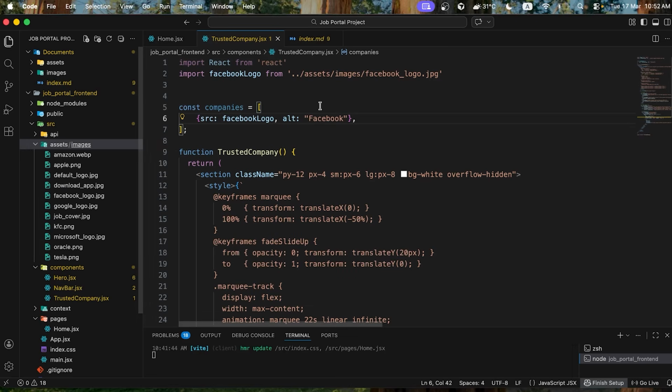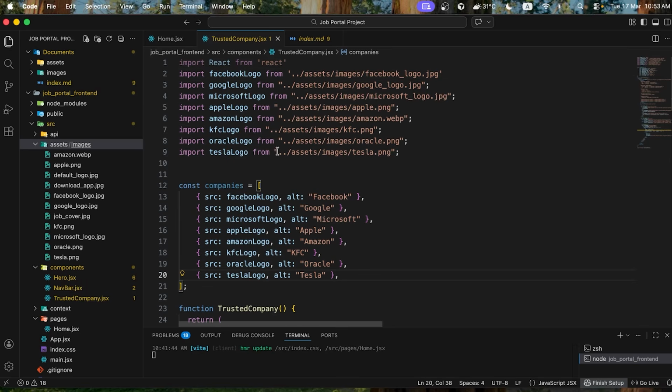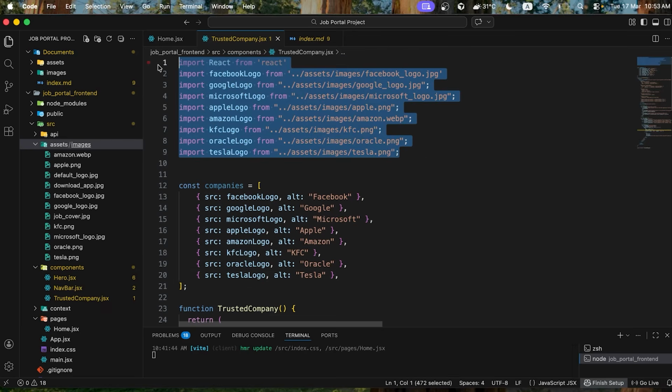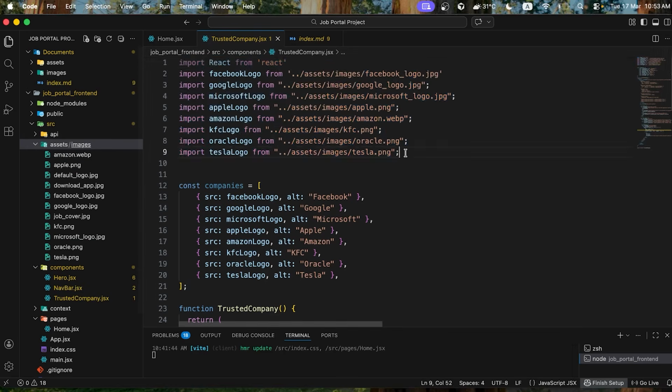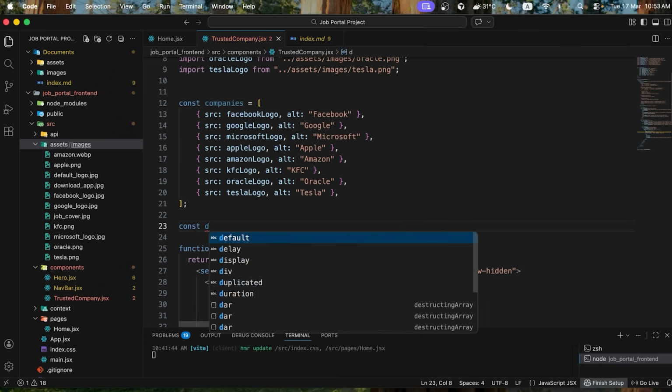Then I'm going to import all of these images, and also create an array that contains many images that we're going to import from here. So inside this array I'm going to import many of them. We have the Google logo, Microsoft logo, Apple logo, Amazon logo, KFC logo, Oracle logo, and Tesla logo. All of these we can import from assets. Inside assets we have the images folder, and we can import each of these. And then I'm going to create